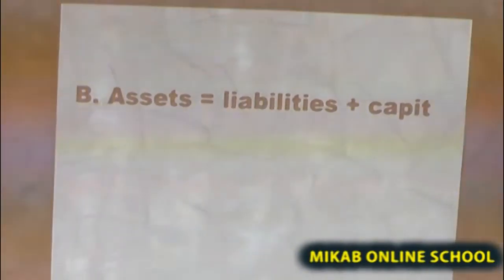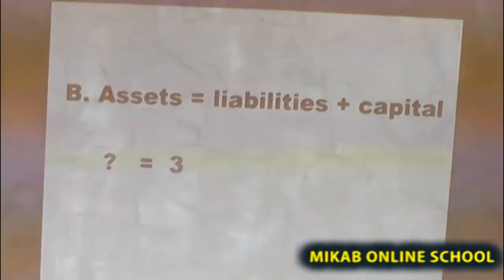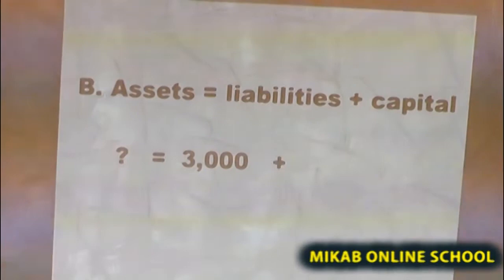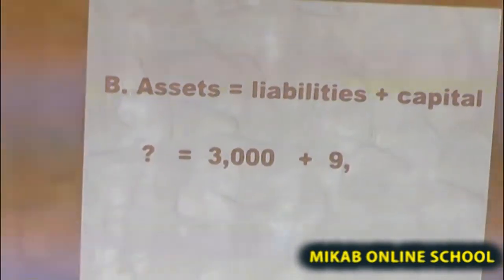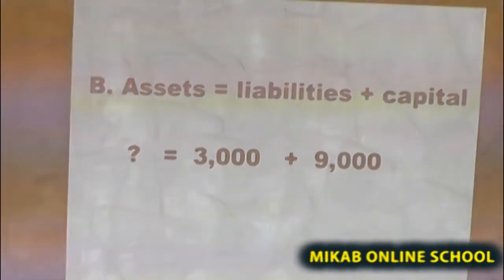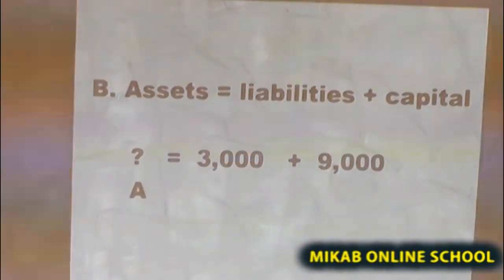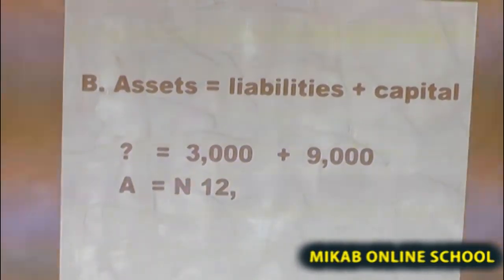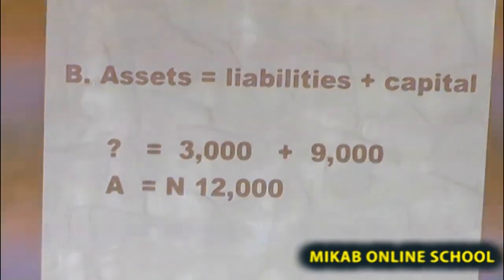Asset is not given here. Liabilities is given to be 3,000 naira, while capital is also given to be 9,000. What we are going to do is to add the two together to give us assets. Assets therefore equal